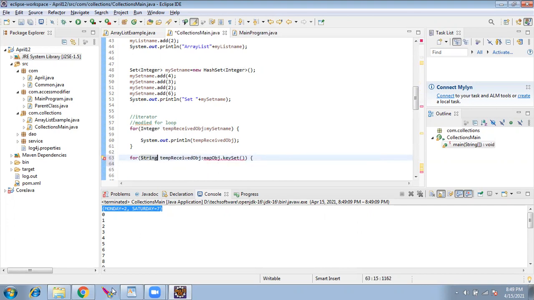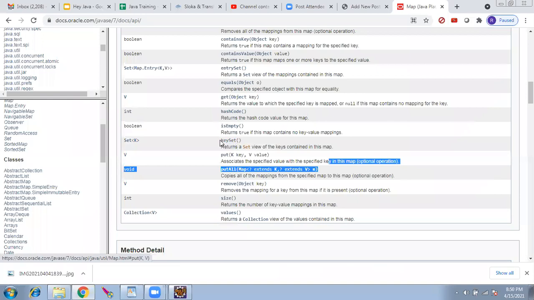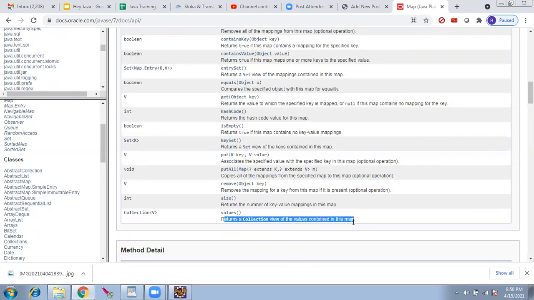The key set returns a set of all the keys, as you see in the documentation. Using the map object, you can call key set. And if there are values, here it is map dot values. It will return a collection view of the values contained in the map.